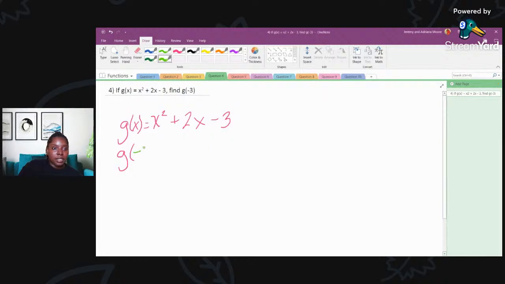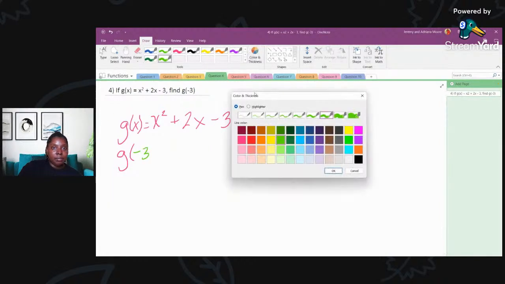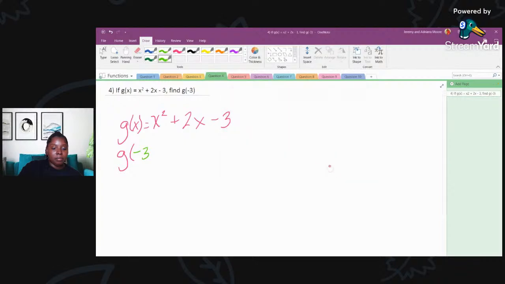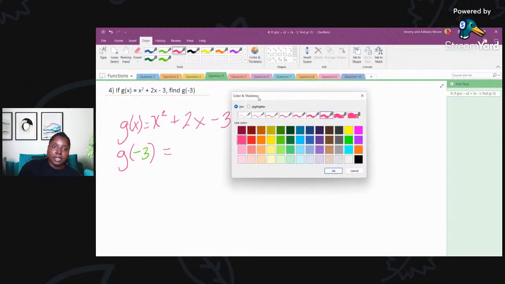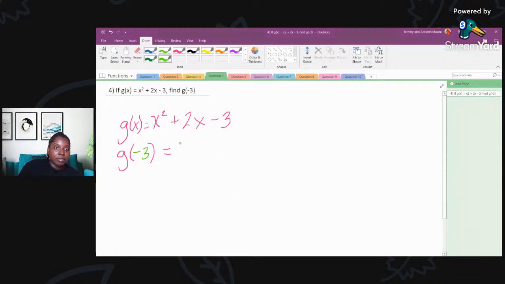So if x is negative 3, let's do it. So go ahead and solve. Every time we see x squared or x, we're going to replace x with negative 3. So we have negative 3 squared